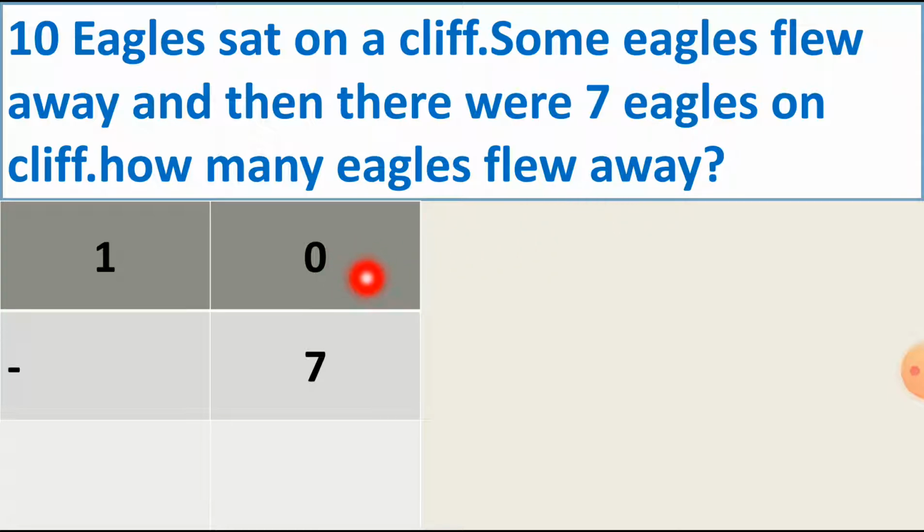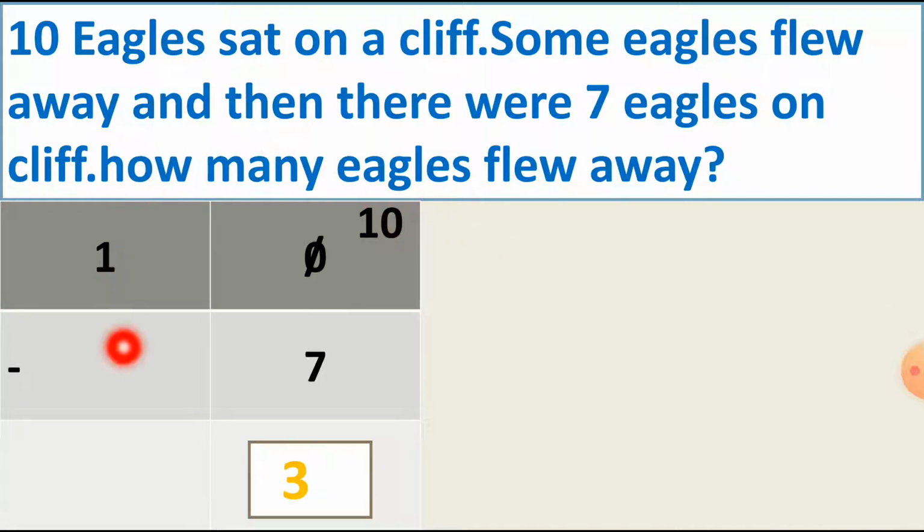So we can't subtract 7 number from the 0. So we have to take 10 number from the tens column. So we have to cut a 0 number first and add 10 number into this. So 0 becomes a 10 now. So we can easily cut 7 number from 10. So 10 minus 7 is equal to 3. So the ones column is complete now.